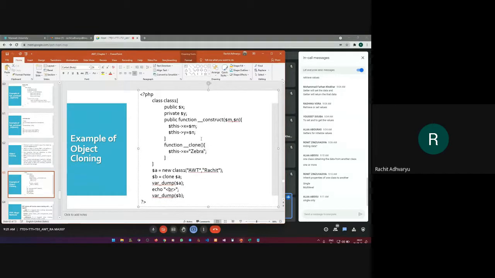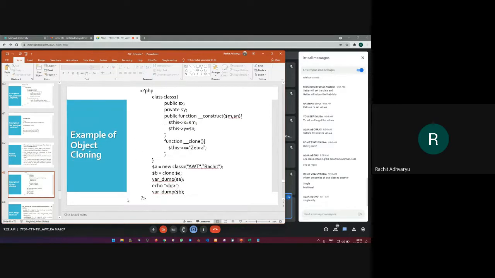So when I assign a value m to this x and n to this y, and I'm overwriting that assignment, I'm assigning a value zebra to this x. So I have just duplicated the constructor and I'm changing the value assigned to x. That is what we call the cloning concept.